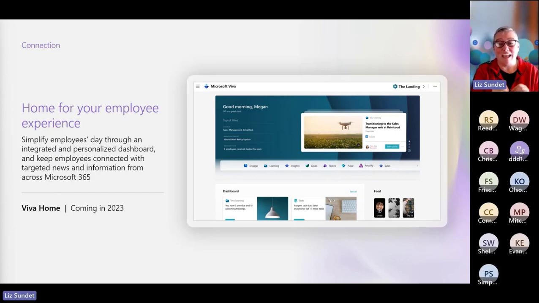And this is offering a single point of entry to not only the company brand, those resources, those tools. And so you might start off your day with some of the insights, some of the to-dos from some of the Viva apps and services, but I can also get to several of my other areas, from having that dashboard, having that news feed, to bring all of that together in a